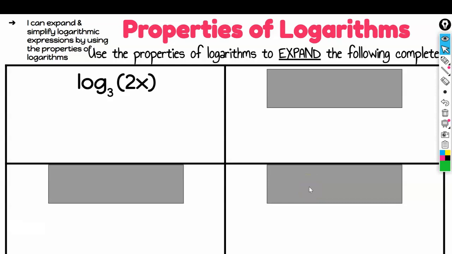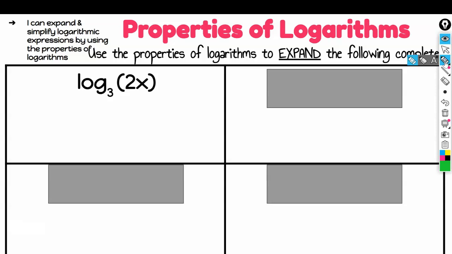So we have one last slide, and this is going to be talking about going backwards from what we did. We are going to expand. So meaning now they're giving us 1 log, and now we want to unsimplify things. We want to take it from 1 to 2. So I am going to